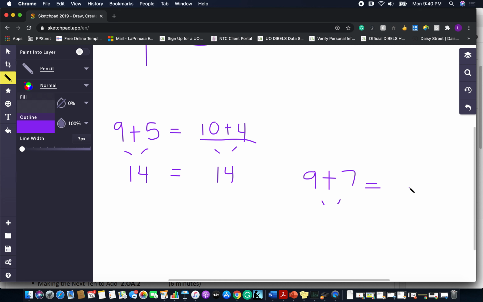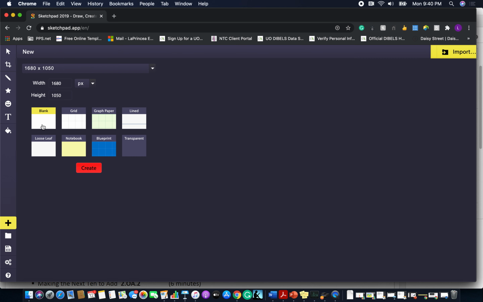We practiced this during calendar, so this should be pretty simple. It should be easy to understand for you guys. I hope so. And I don't want you to be intimidated by it. So my next one